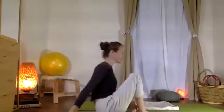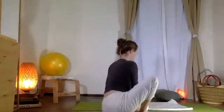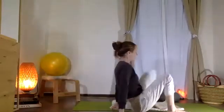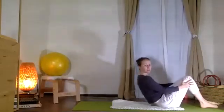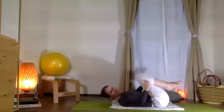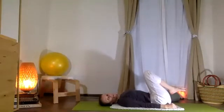So let's start lying back on our mats, and I'm going to unfold my blanket. So I have a little cushion here, and then place my sits bones here at the edge, and then exhale and just roll my way down nice and gently. So now let's go ahead, bring your arms into your sides for a moment, and then